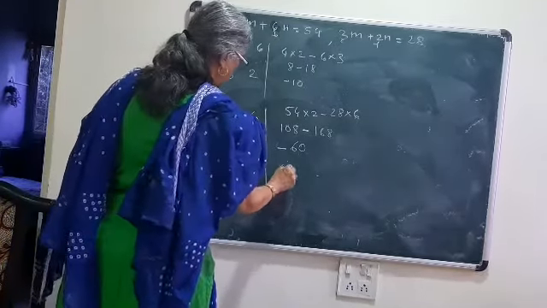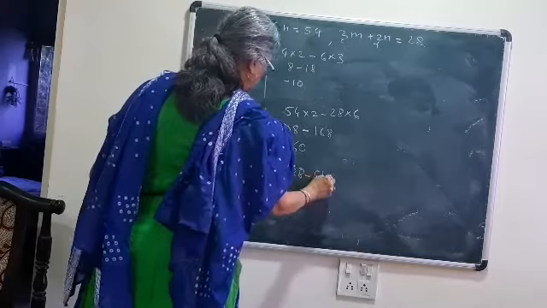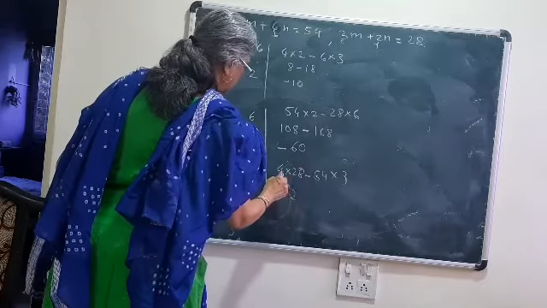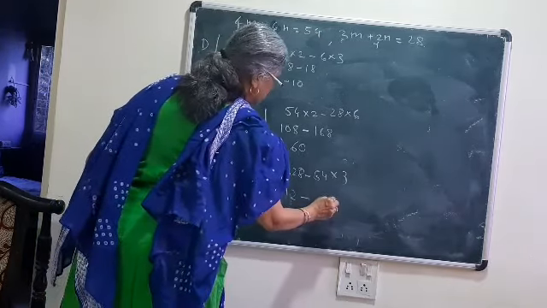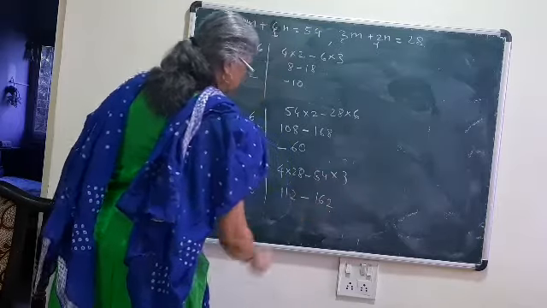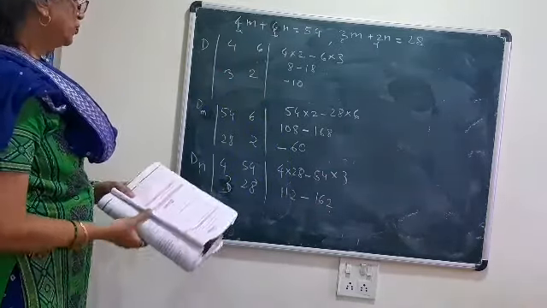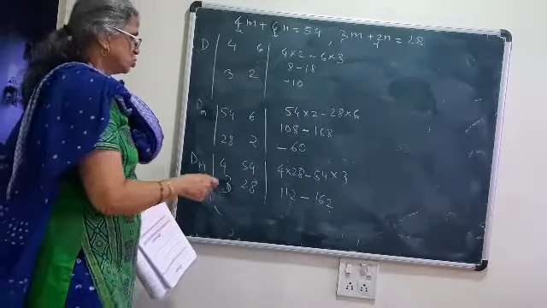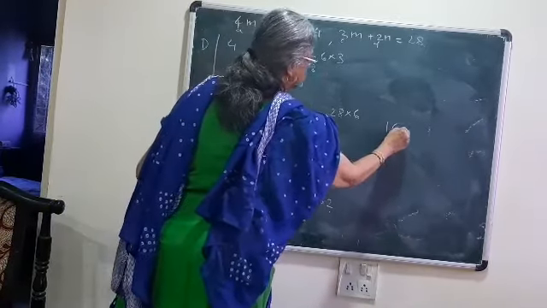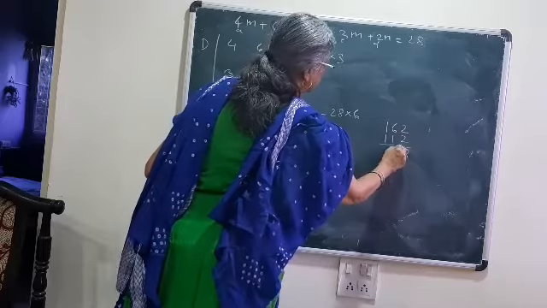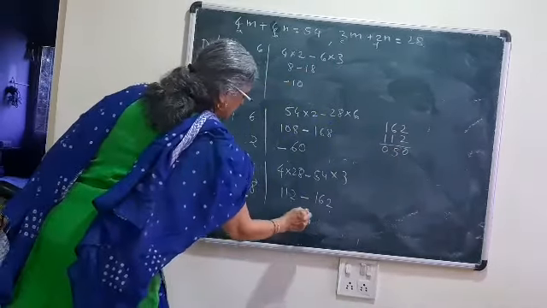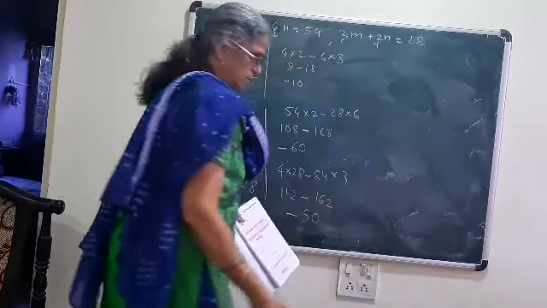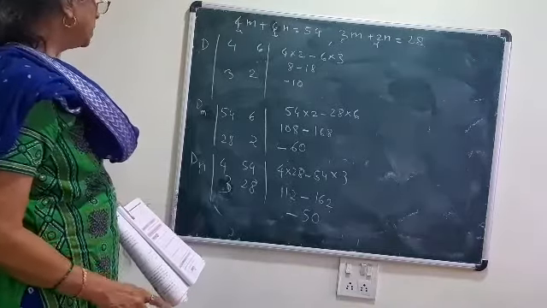So AD minus BC. 28 4s are 112 minus 54 into 3 will be 162. So the answer will be minus 162 plus 112, that will give you 50. But answer will be minus, bigger number sign. So minus 50, minus 60 and minus 10 are the three answers we got for D, dm and dn.